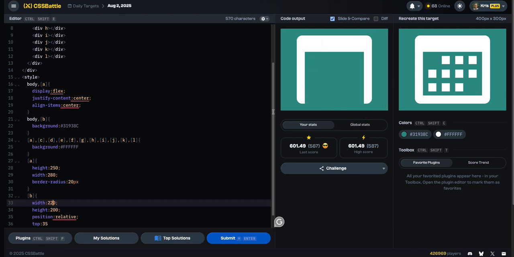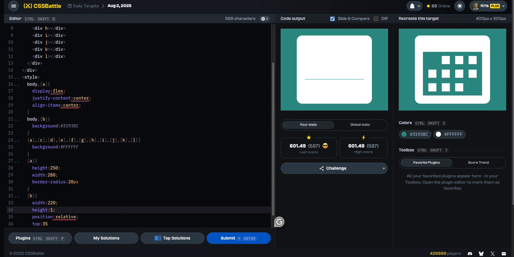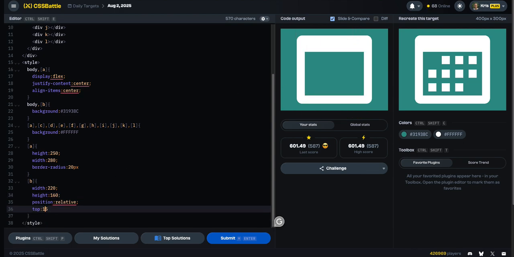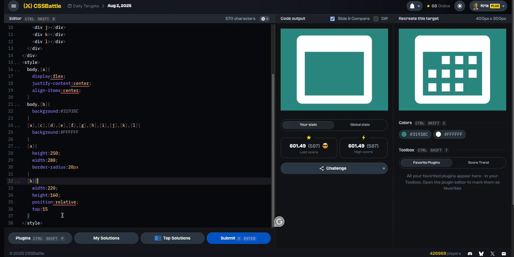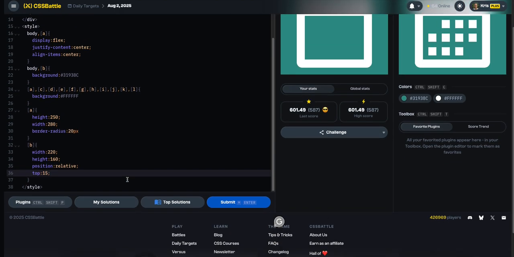Okay, width is correct now. Height, what was I thinking? The height is way less than that. 160. Oh man. I forgot how to use the top property. Okay. Here we go. Alright, that's perfect. Alright, so now we just got to deal with all that. Okay, so to do this, we can say,